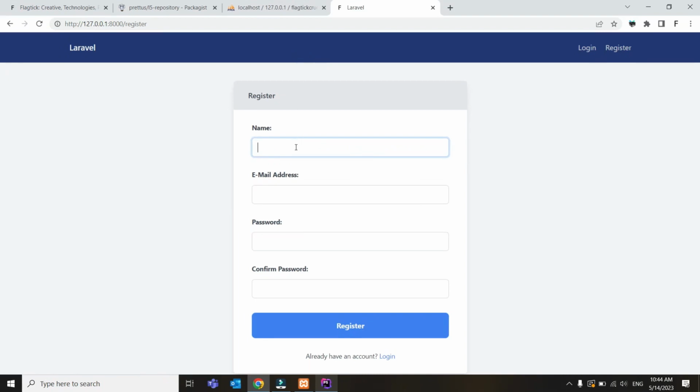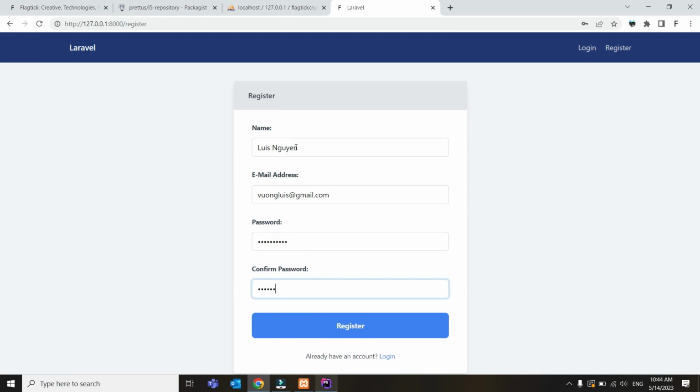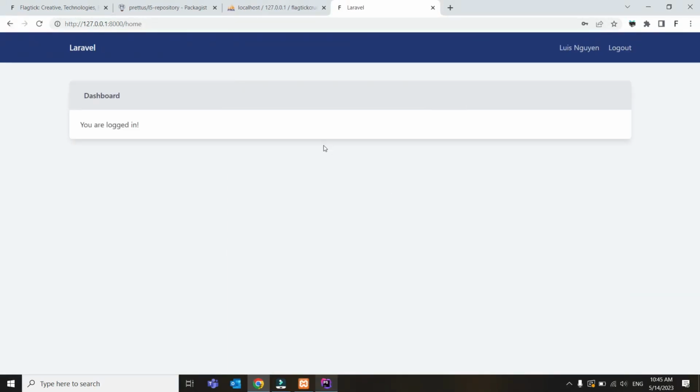All right, let's get started right now. I will enter my name, and I also put in the email and password, just a simple password. After that, I click on register. When you click on register, you are logged in, and this is my name and the logout function. So this is the first stage we've done: setting up Laravel 7, migrating to Laravel 8,